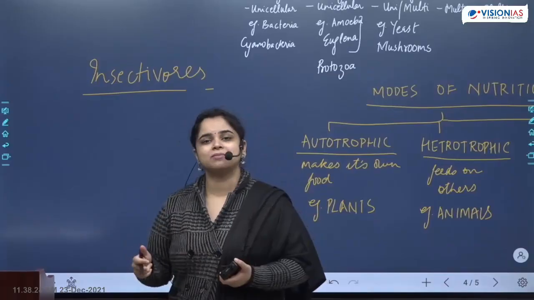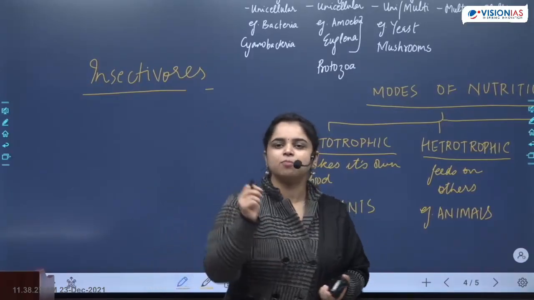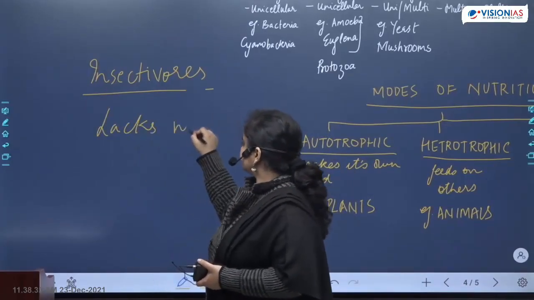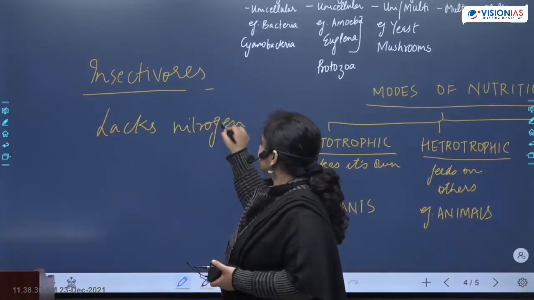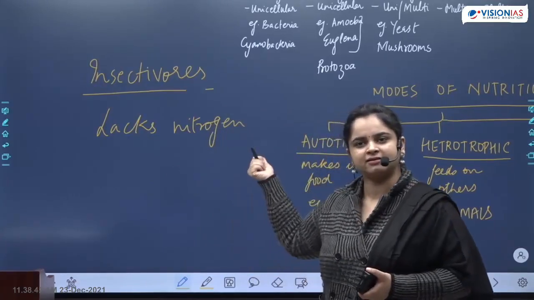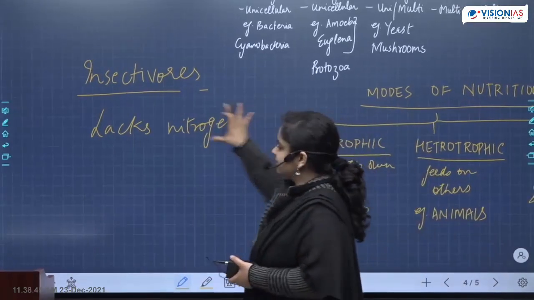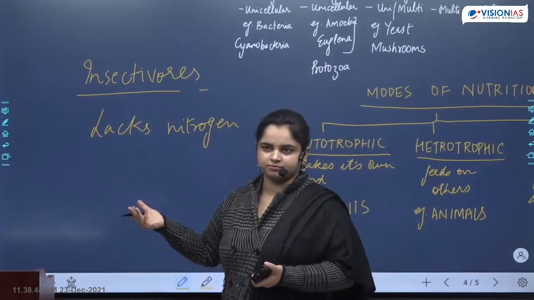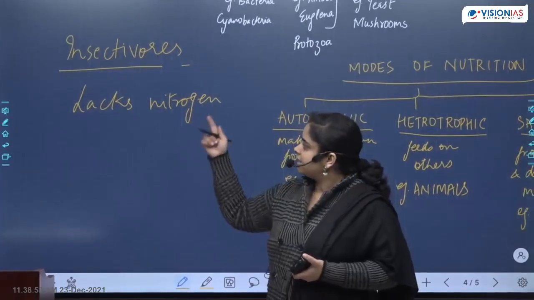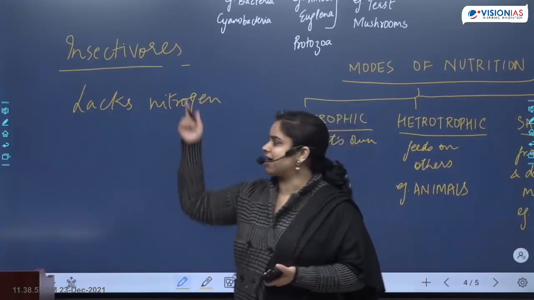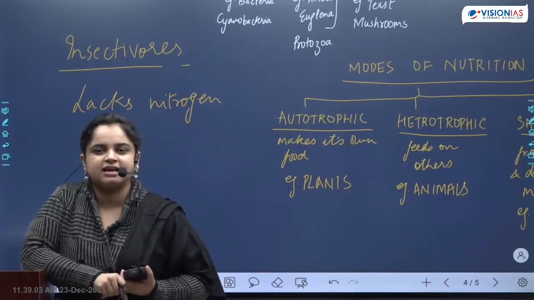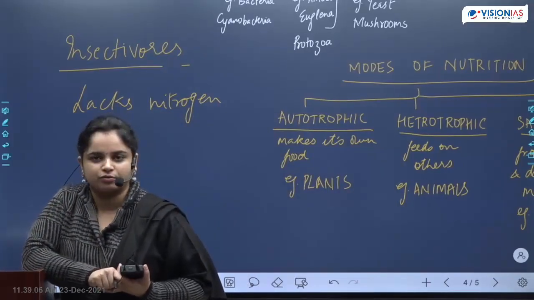Okay, but that in no way means that it's not making its own food. Its problem is, it's growing in a soil which lacks nitrogen. And nitrogen is very important for life. All the proteins are supposed to contain nitrogen. You remember that, right? So nitrogen is fundamental for any organism, and plants will get all their nutrients from the soil. So if nitrogen is missing, this is an adaptation for that. Plants can start trapping and taking in flies, taking in insects, and from that they get their nitrogen.